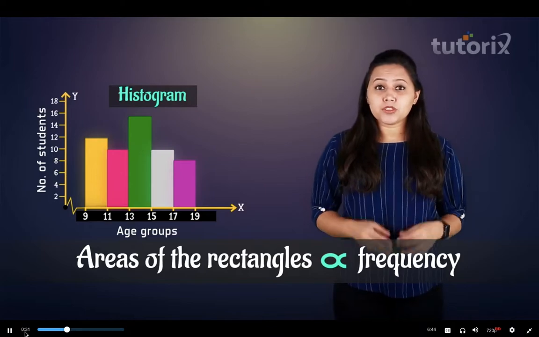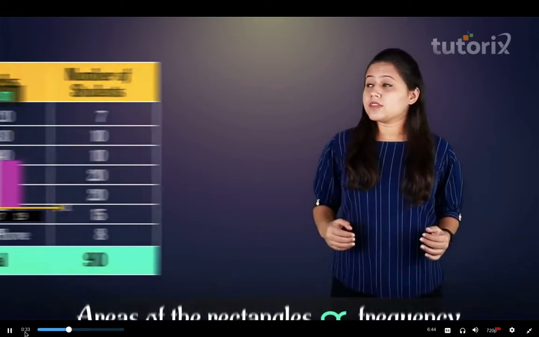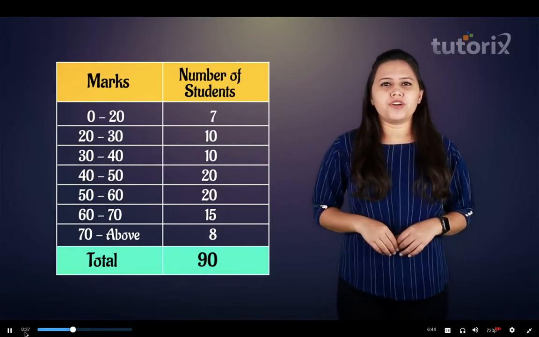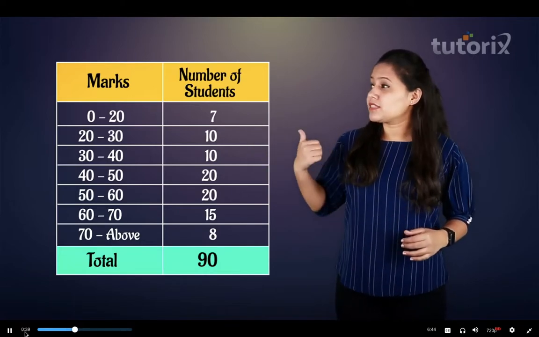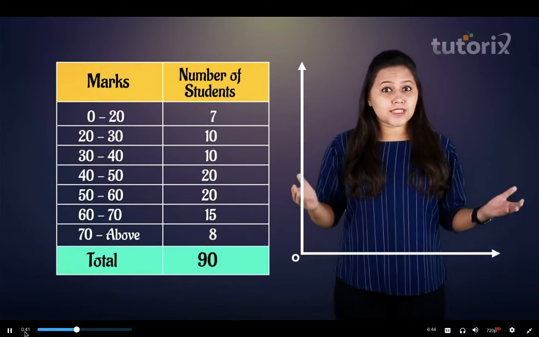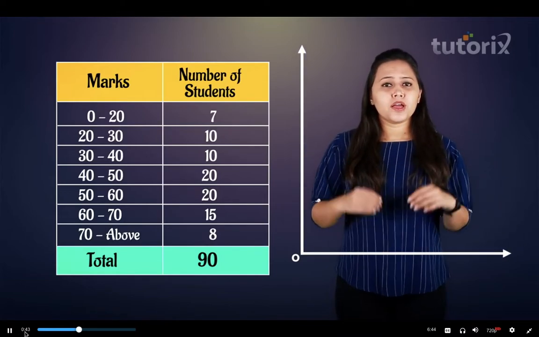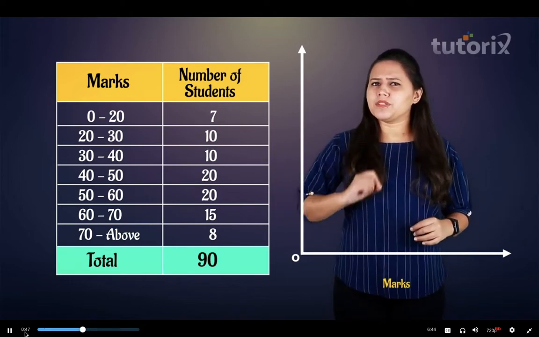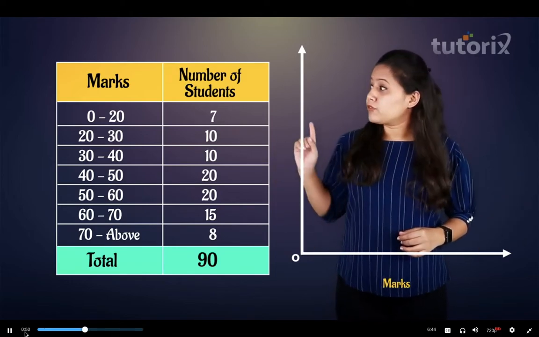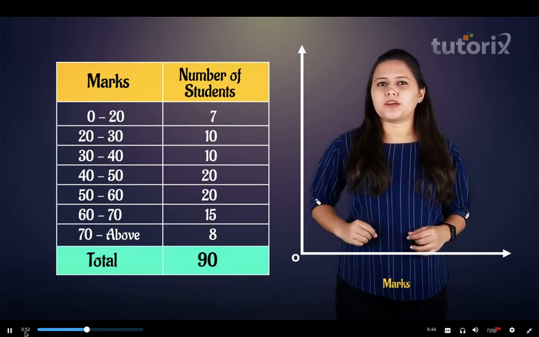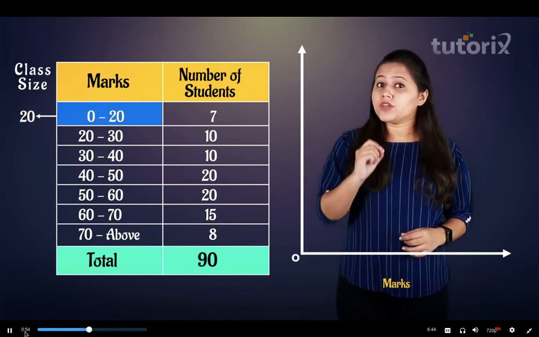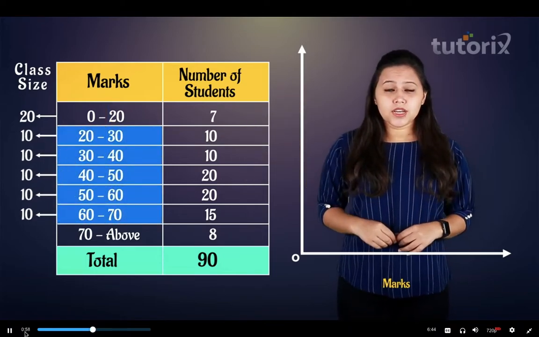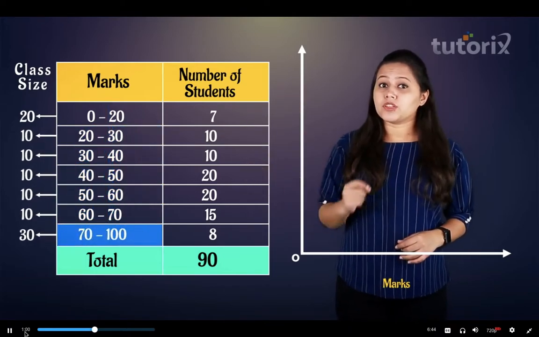Let's take an example to understand this better. Consider the marks scored by 90 students in a class test out of 100. Let's represent this data using a histogram the same way as we did earlier. We represent the marks on the horizontal axis using a suitable scale. Observe that we have 3 different class sizes: 20 for the first class 0 to 20, 10 for the next 5 classes, and lastly 30 for the class